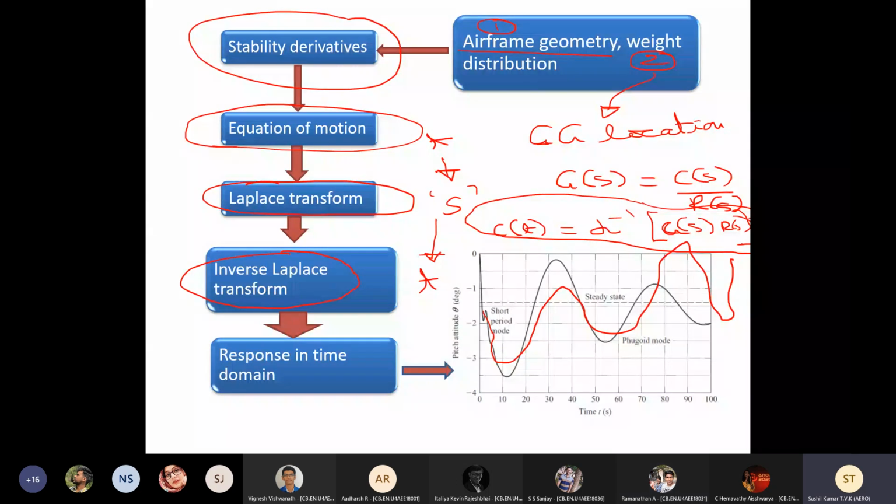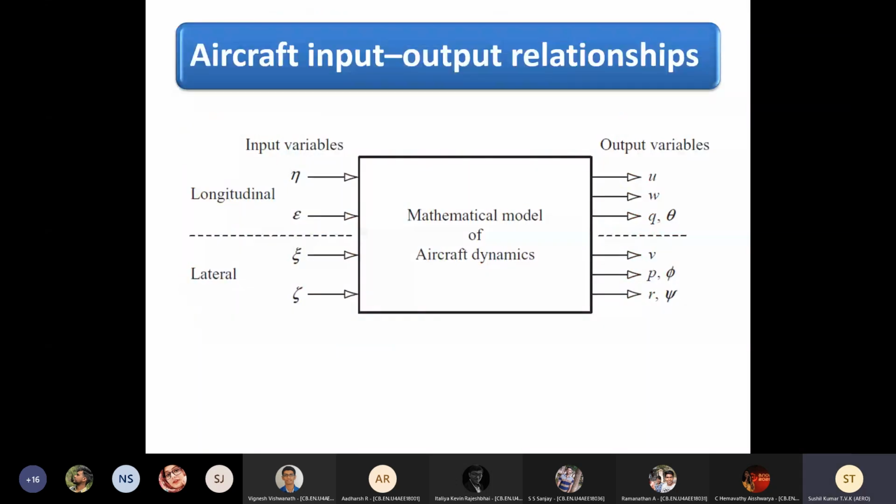Now, understanding why we require input output, rather than the solution of the equation. Let's go back to the basic aircraft model, which was a block in your Simulink. So you gave input as elevator input. Thrust, I think you maintained constant. And you were looking at all these variables, U, W, Q, theta, out of which I think you used theta. This is what you did in your autopilot design. I'm just talking about longitudinal now.